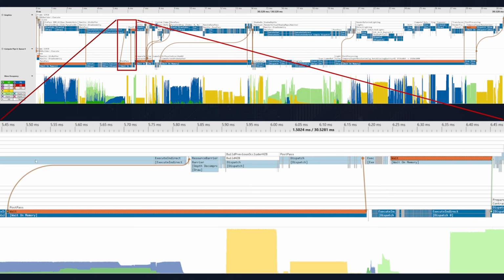But the graphics pipeline is still working and drawing some models. So you can see down here, there's vertex and pixel shading happening. And at some point, it's done with that, and it's going to start working on the buffer that this compute shader needs. That's right here, and then it will start working on drawing this buffer, and eventually it's going to be done, and it's going to signal to the compute shader that this buffer is ready. And with that, it will unblock this compute pipe,